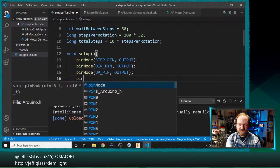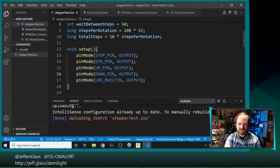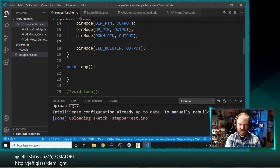So right, I start typing pinMode, and it auto-suggests the pinMode function for me. Then I start typing a variable, and it auto-suggests that for me and auto-completes it. It really helps with avoiding the silly typos you run into when you're working in a not as full-featured IDE. You don't see it, but it does active color coding that also helps you verify that things are working correctly. Anyway,